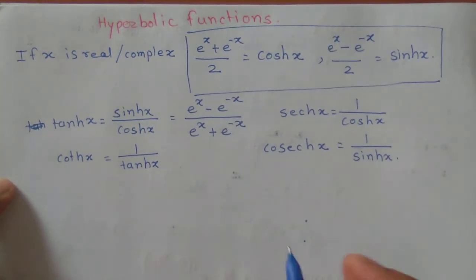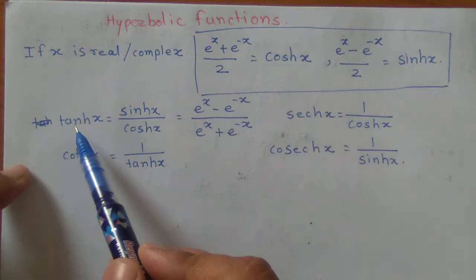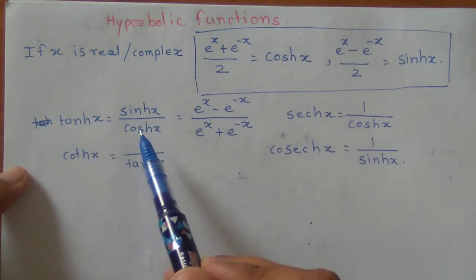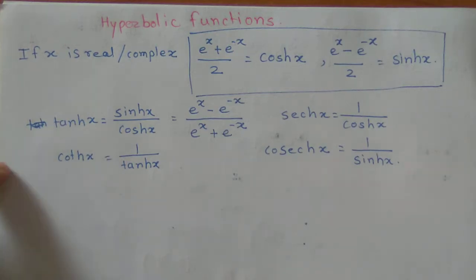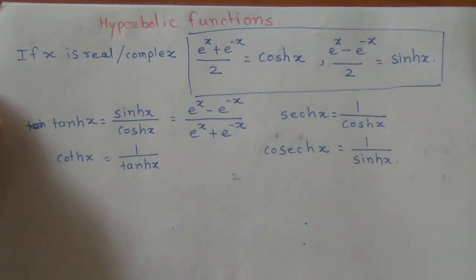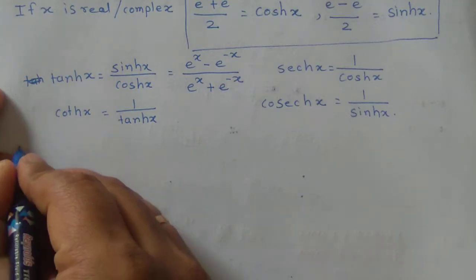Okay, I think you have got an idea that these rules, that is hyperbolic tan is equal to hyperbolic sin upon hyperbolic cos, are exactly similar to the circular functions. Tan theta is equal to sin theta upon cos theta. Exactly the same relationship we have seen. Is it? Now we are going to discuss the relationship between